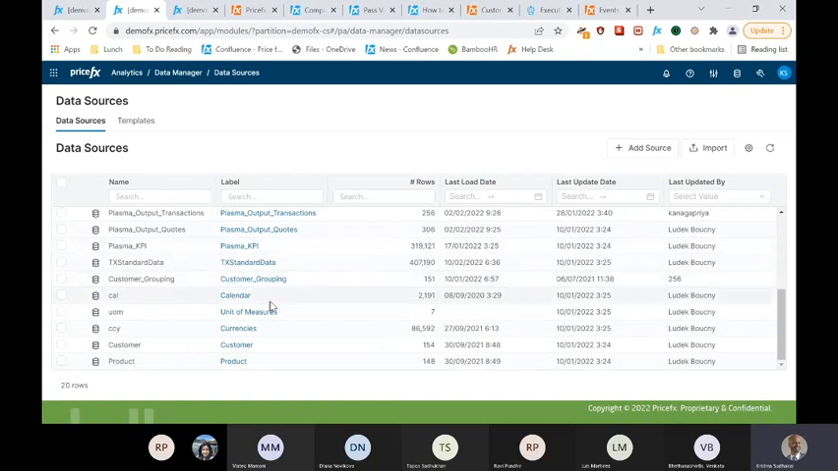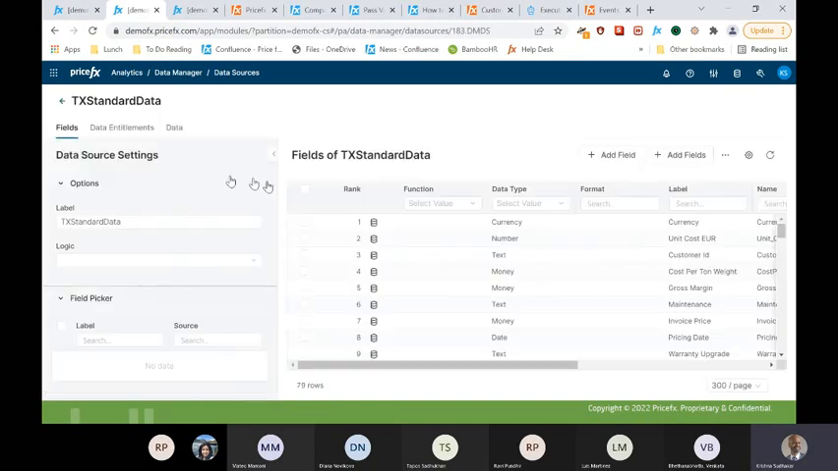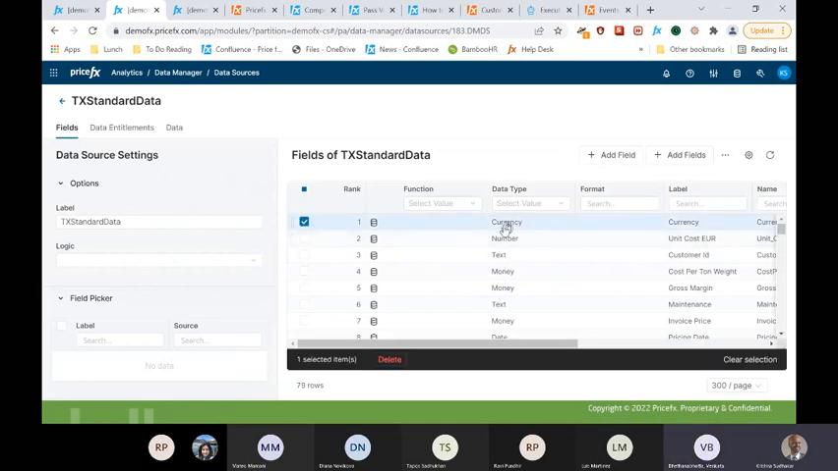Let's see. Let's find a transaction data source. So there is a currency field function. So you can see this first data type here is currency. That's going to match your codes together. And then whatever output currency you choose, it's going to go look for that conversion rate and then display in